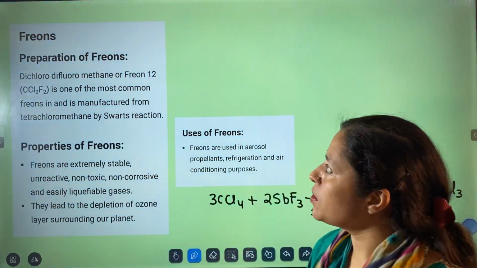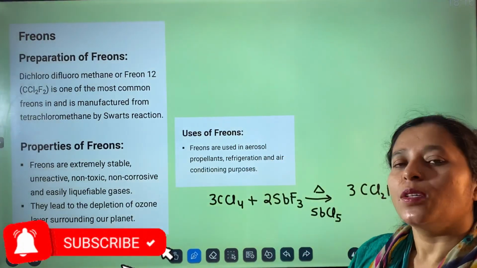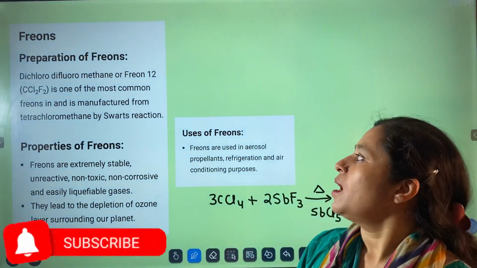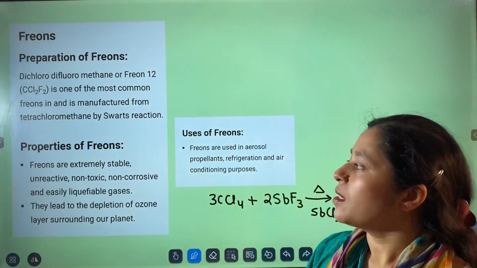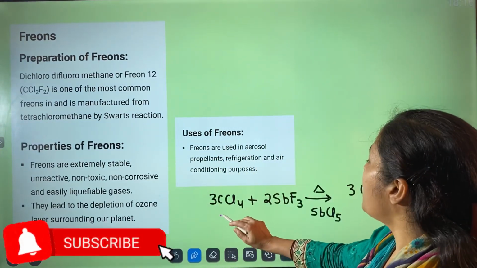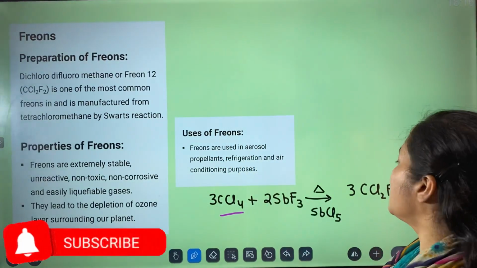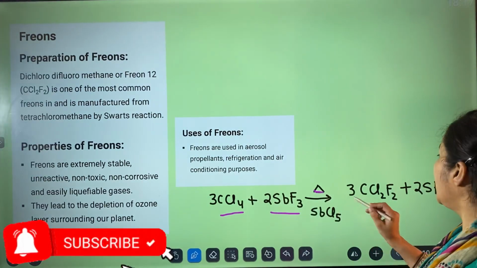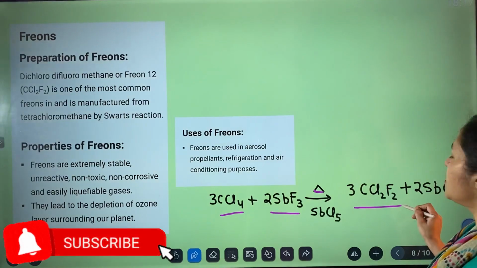Now a most important topic is freons. You know about freons? Freon is the gas that is used in the fridge for the cooling effect. It is prepared mainly by the Swarts reaction. It is prepared by reacting carbon tetrachloride with antimony trifluoride, and on heating we get freons, that is